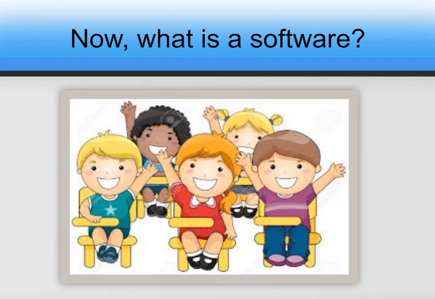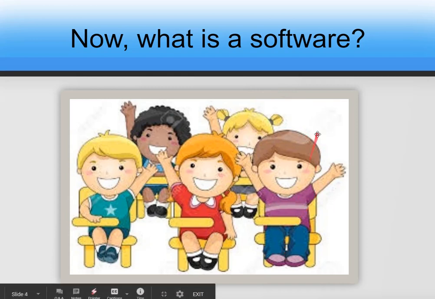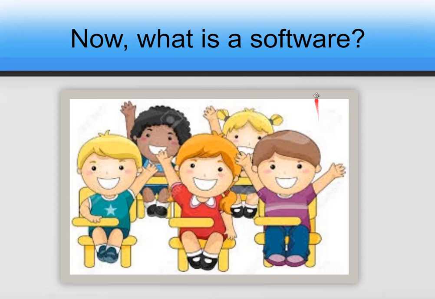A software is nothing but a collection of these small programs. Just understand it with a small example, the same calculator example. We have written a small code for adding two numbers. Likewise, we can write a small code for subtracting two numbers. Then for multiplication we can write a small code, and for division we can write a small code, right? So these small codes are nothing but small programs for addition, subtraction, multiplication and division,